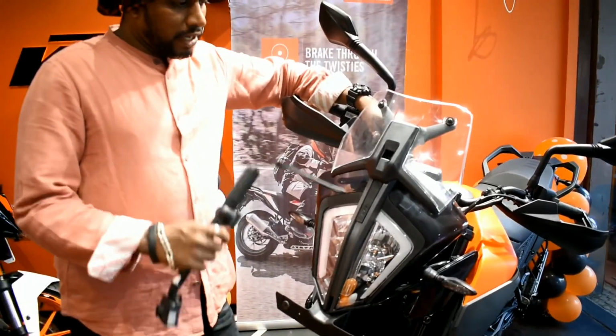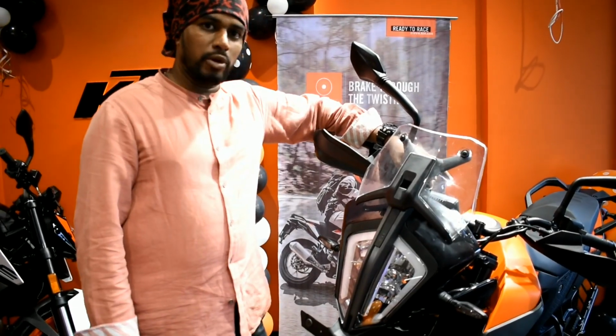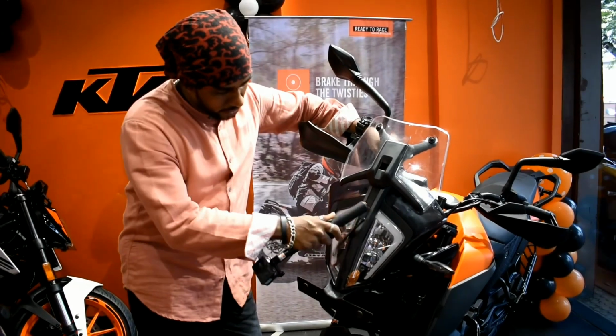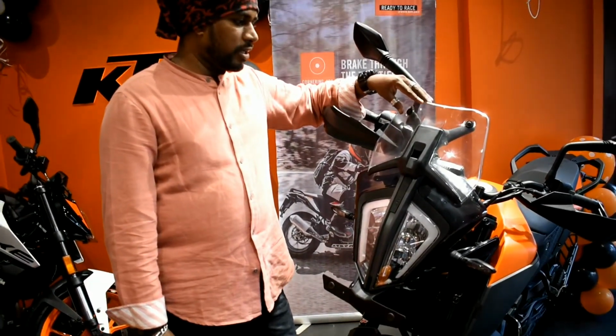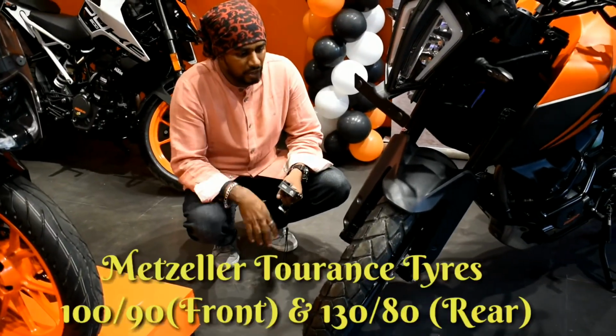So talking about the headlights, it's basically the same oval look that I call it. All the KTM models have the same light setup. It's got the LEDs and the LED strip as well. Now the benefit about this visor over here is that it is movable, so you can move it up and down depending on your ride. So starting off with the tires, of course,